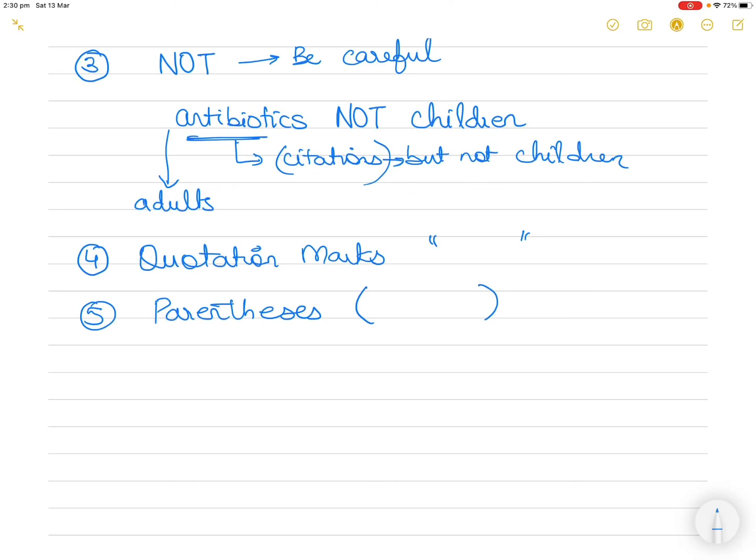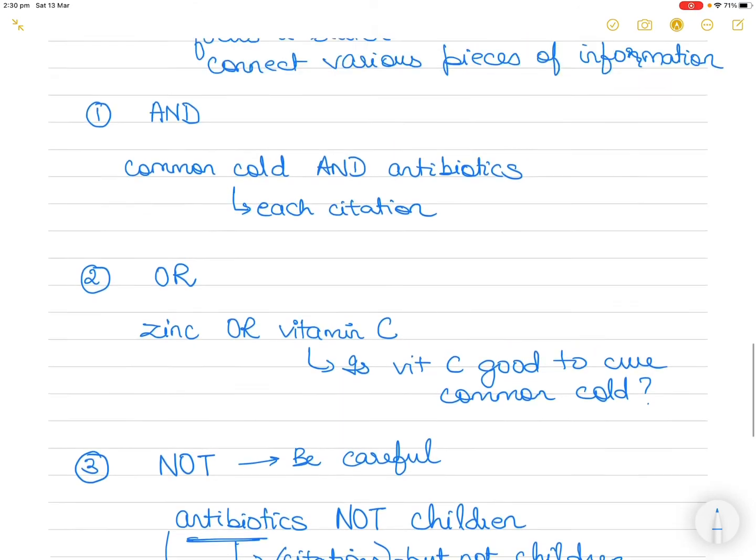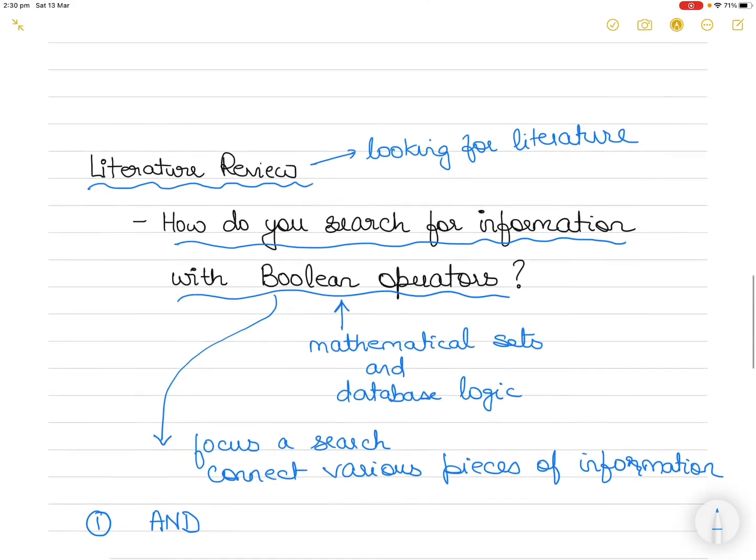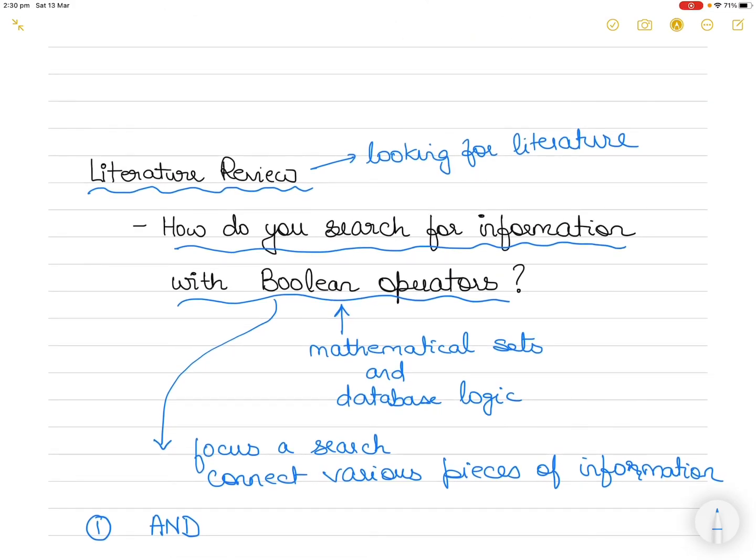All right, so these are the key five Boolean operators you can use in your Google search or any other kind of search. It could be a search on your library database. This is the way you make sure that you are not unnecessarily getting literature which you are not interested in, because when you are doing a literature review, you have to get relevant literature, and a lot of papers are thrown at you. You want to filter it to make sure that you get the right literature for your studies. But like I said, this video comes with a warning: before using the Boolean operators, be careful that you do not leave out relevant literature.